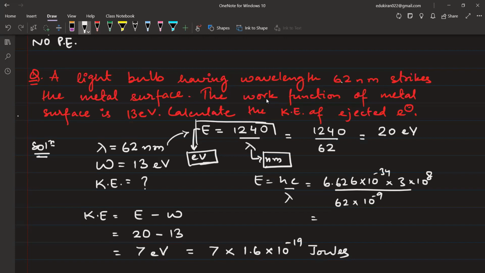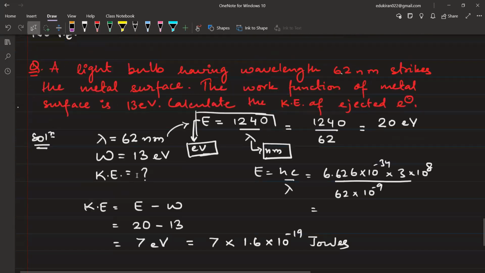Now, we have seen a numerical. We have also seen how to interpret the photoelectric effect. Correct, guys? Yes or no? Please tell me. Now, see next. From these photoelectric effect,